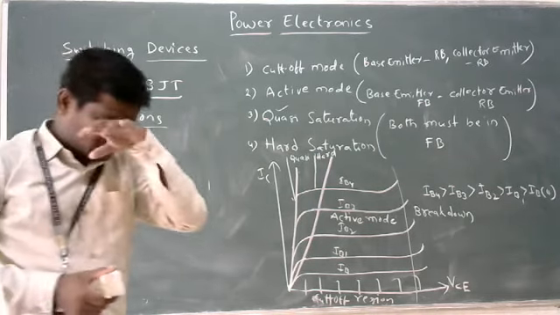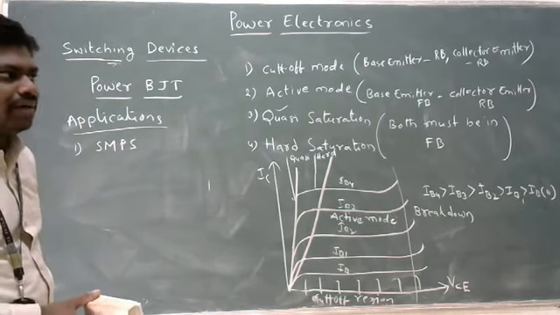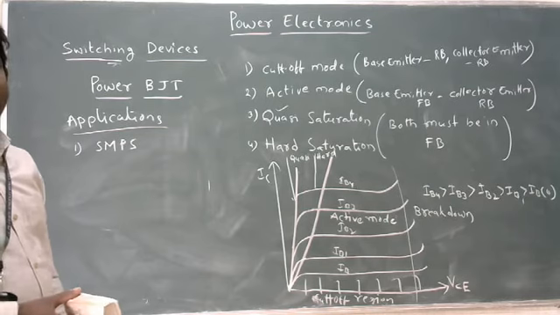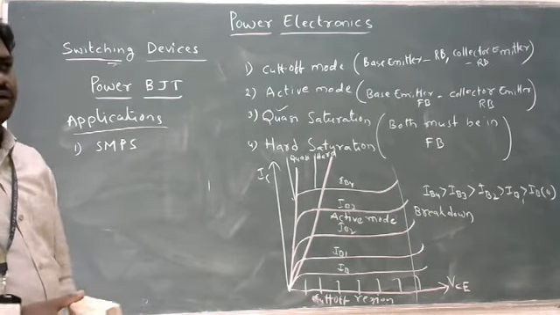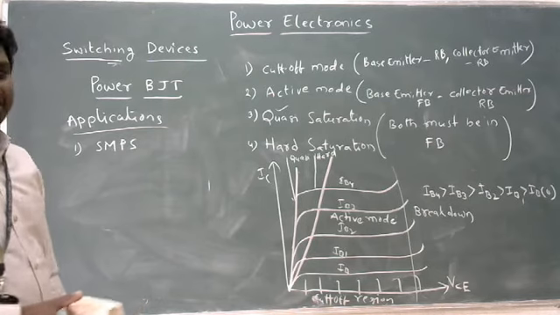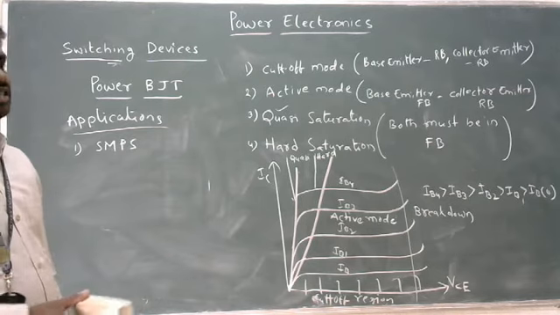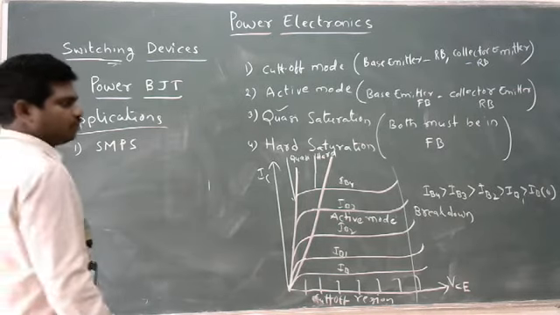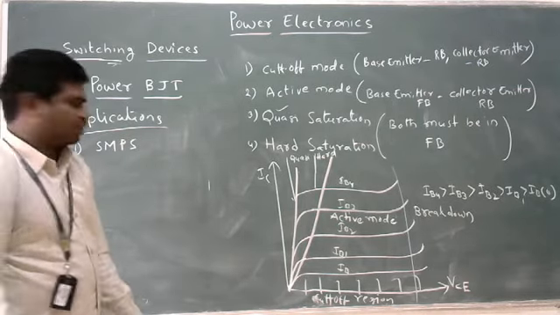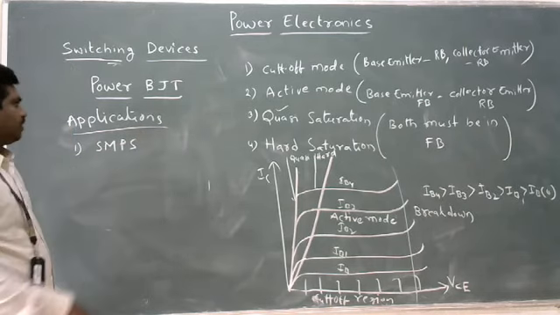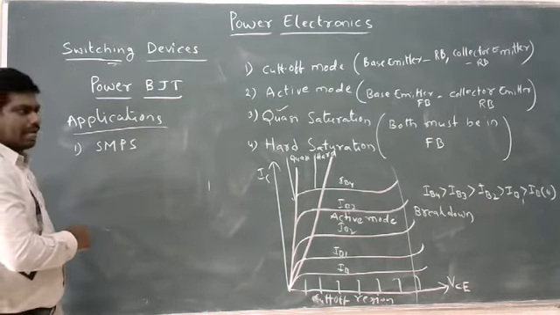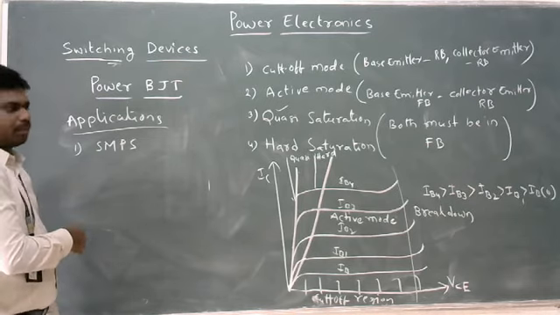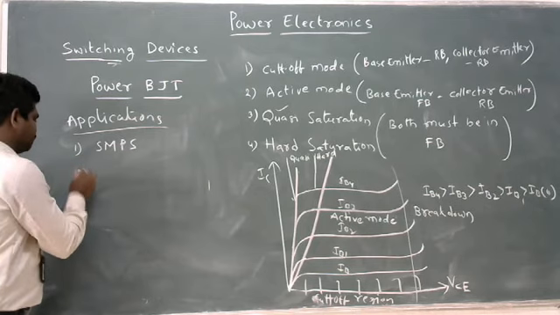Without that, if the normal supply is not available, the system is automatically going to stop, meaning the power is off. If an SMPS is present in the system or CPU, then it will give backup power supply to that system for a few more minutes. So in that type of system, we use the power BJT as a switch and for other switching purposes.